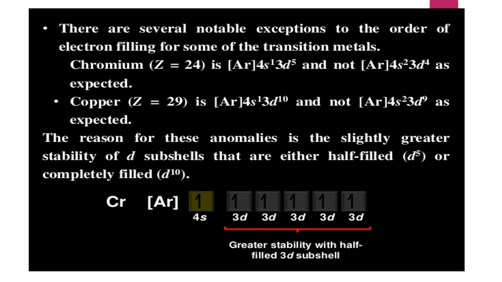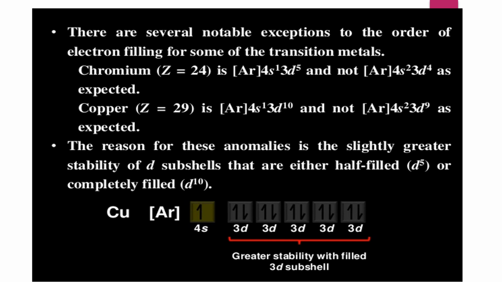So it was accepted by scientists then. When the orbitals are completely filled, the atoms are stable. But exceptional cases were also observed later. That is, when an atom has either half filled or completely filled orbitals, then it can have stability. So chromium is an exceptional case. In the same way, copper also.